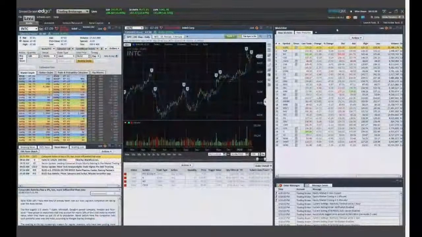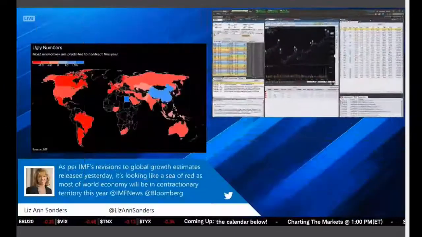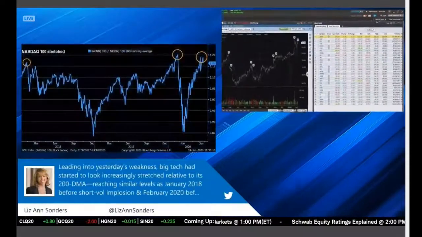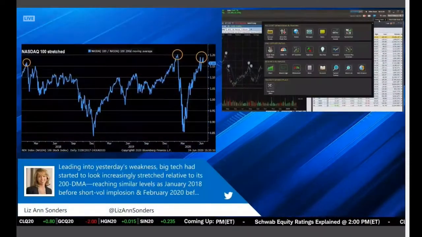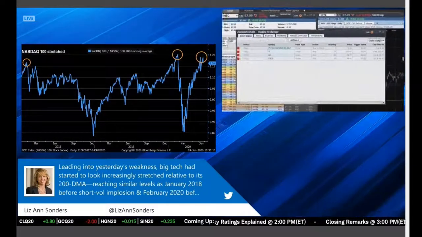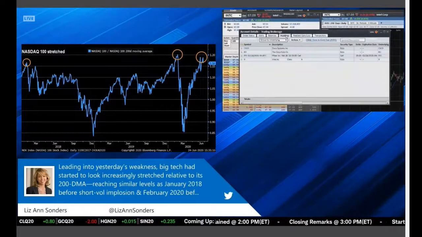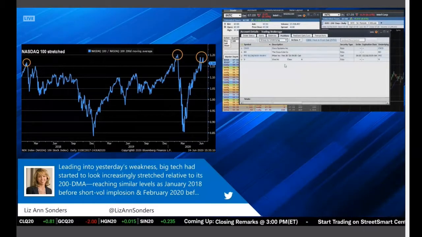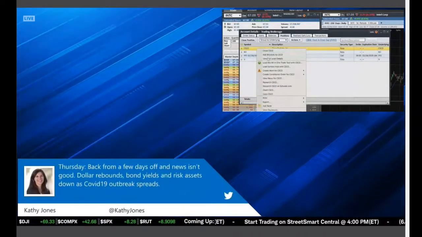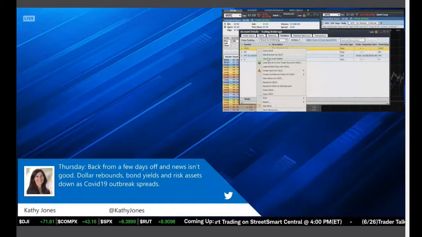Hello, and welcome to the Quick Start video for the Account Details tool available on Schwab's Street Smart Edge platform. Let's load the tool by clicking on Launch Tools, and then launching the Account Details tool. The Positions tab displays all of your open positions with market and fundamental data for each. Use the Positions tab to close positions, add brackets, or view lot details by right-clicking on the security.